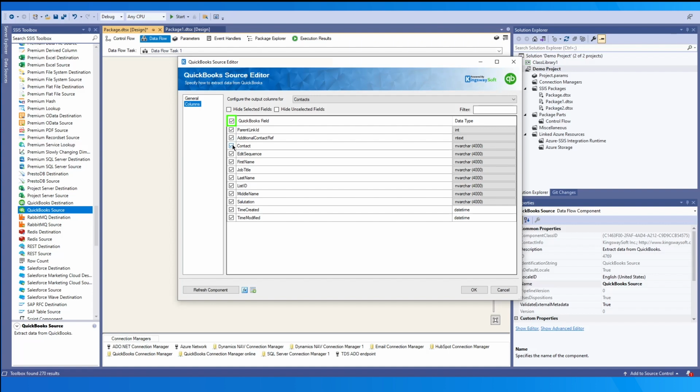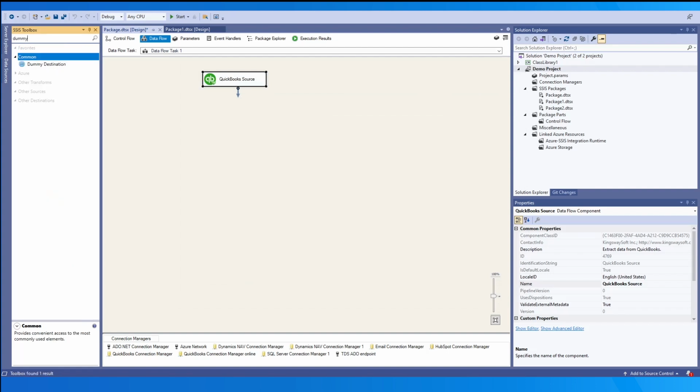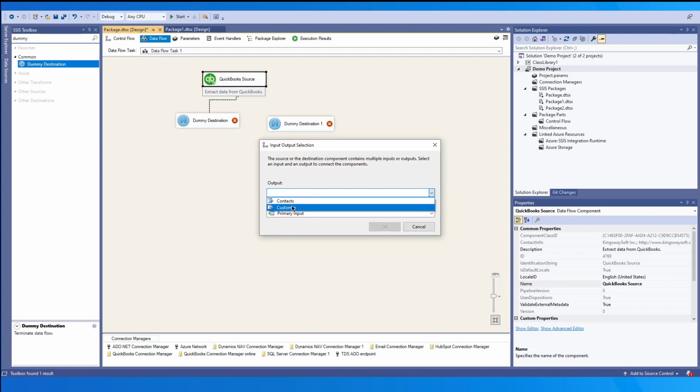All fields can be toggled on or off, or selected fields can be selected or unselected. For certain field data types, these may be adjusted by clicking in the field. Once we are happy with the configuration, we can click OK to save and close. As we have an additional output, you may map each to a downstream component.